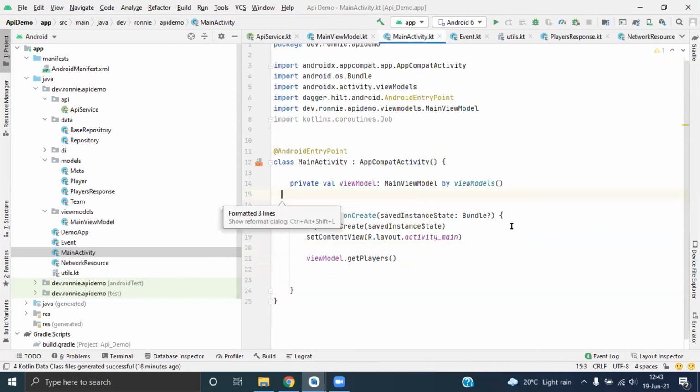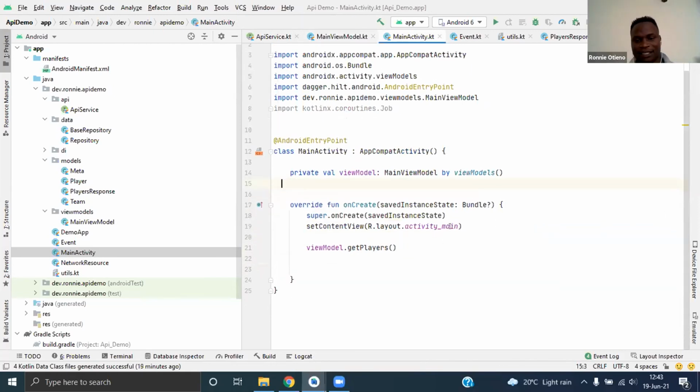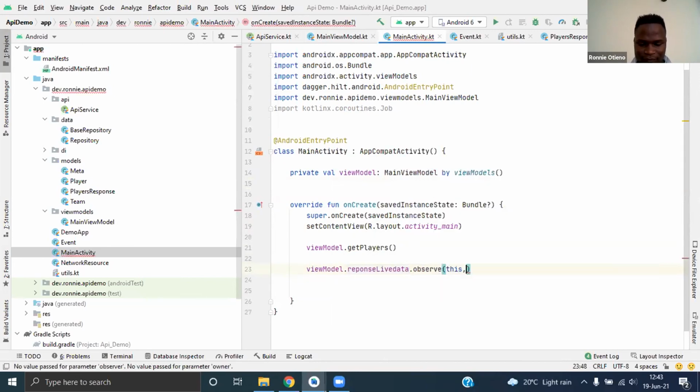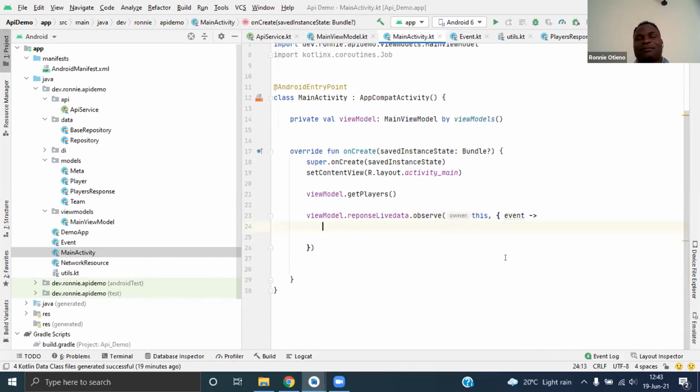So the first thing we need to do is get the players, and now we can just observe the players. We'll get an event. First of all, make sure that the event has not been handled before, like I said.